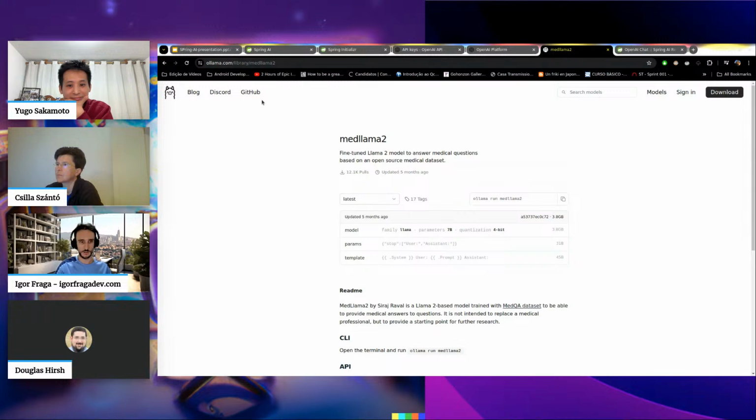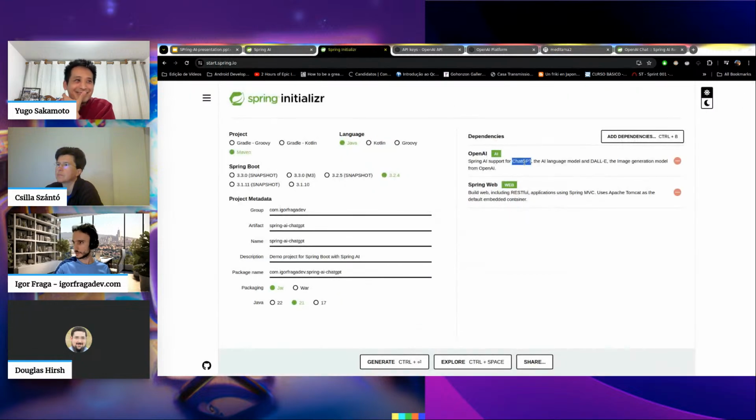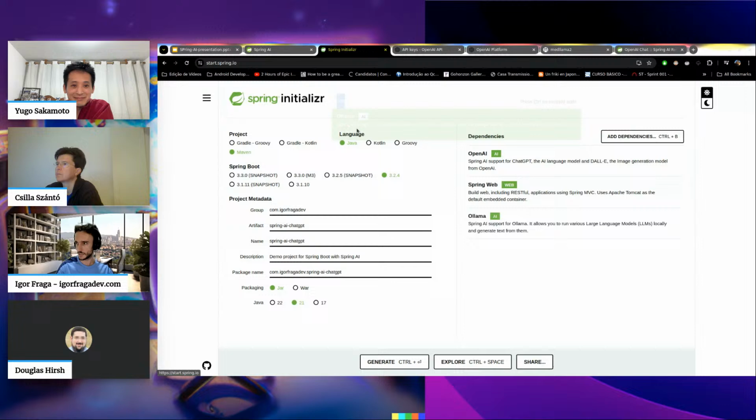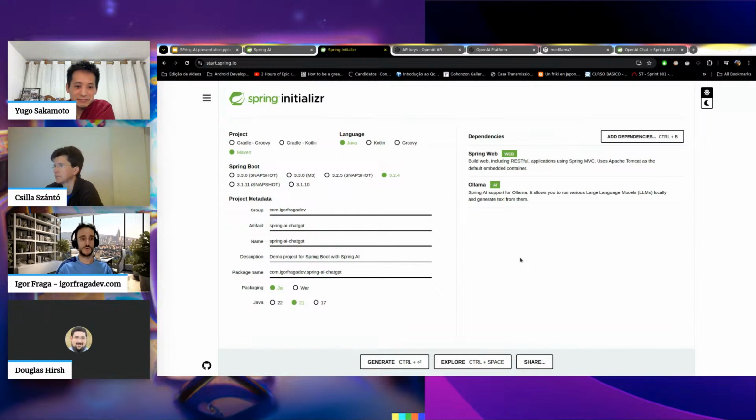Oh, I want to do everything you just showed, but I'm cheap. I don't want to pay anything to OpenAI, or I don't like Elon Musk. Go to Spring Initializr, do exactly the same you did here, but instead of adding OpenAI, you will add the Ollama dependency. And then you just remove this, generate your project, import it into your IDE, and you're almost ready to run.